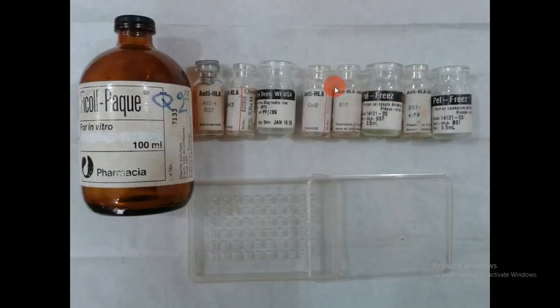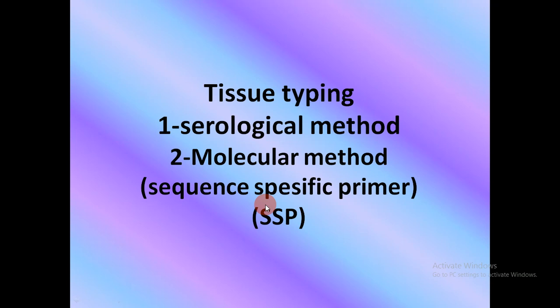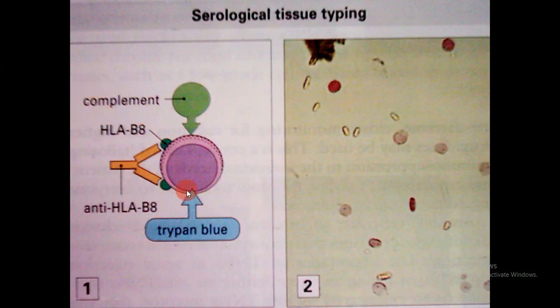And we also use the lymphocytes in tissue typing. We use Ficoll and use anti-sera, each tube against a specific allele, B37, CW2, 18, and we use a Terasaki plate. What has happened is that this is the lymphocyte, and this is the HLA-B8, and we add monoclonal antibody against the B8, and then add rabbit complement, and